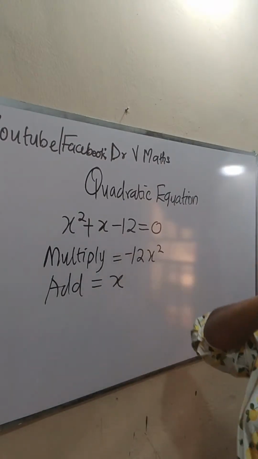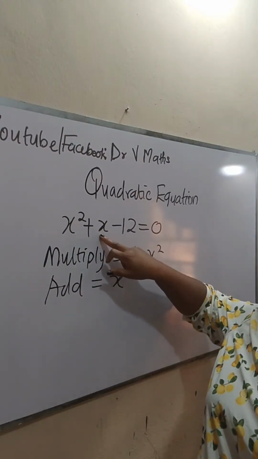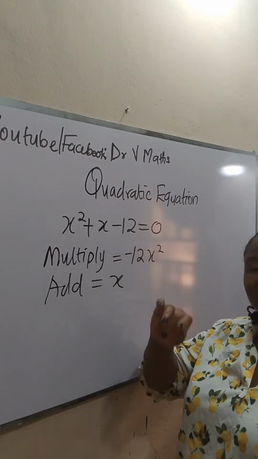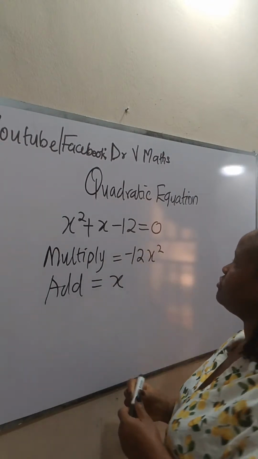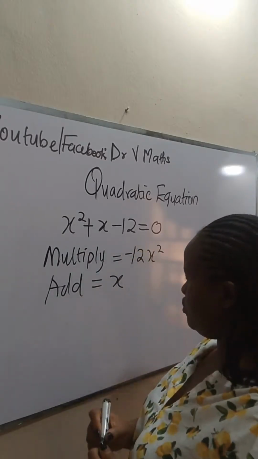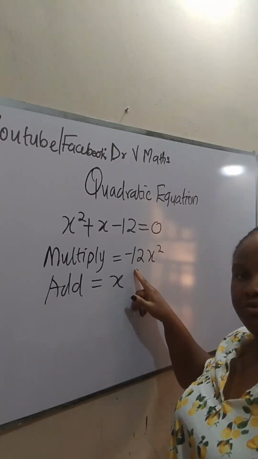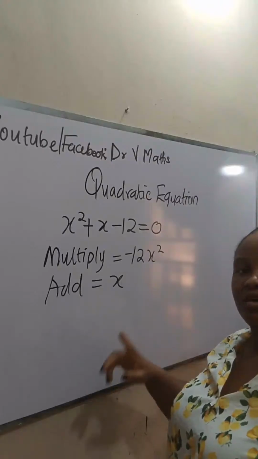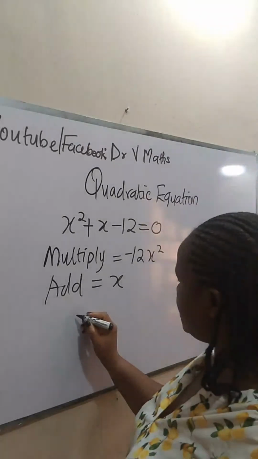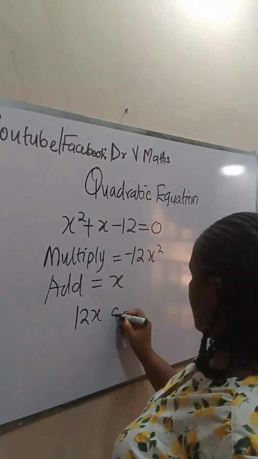I have to choose this number so that, when you have a number like this, you can start considering from here, with division by 1. That is division of the number here by 1. The smallest number that I can divide 12 by is 1. 12 divided by 1 is 12. So we are going to consider 12x and